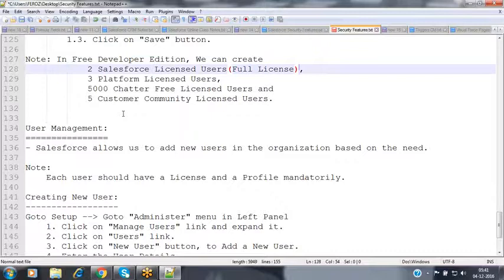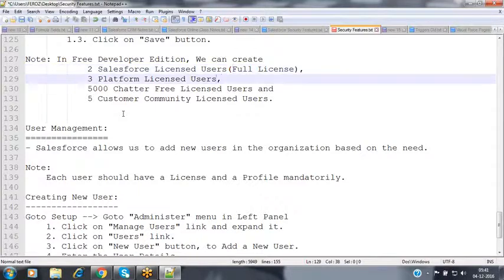So now when coming to the Salesforce license, it grants visibility on all the standard Salesforce CRM application functionalities. Along with that, your custom functionalities can also be accessed. It may be the Salesforce CRM functionalities which we have configured based on your need, or it may be your own application which you have implemented based on your requirement. Everything we can access with the help of the full license, nothing but the Salesforce license.